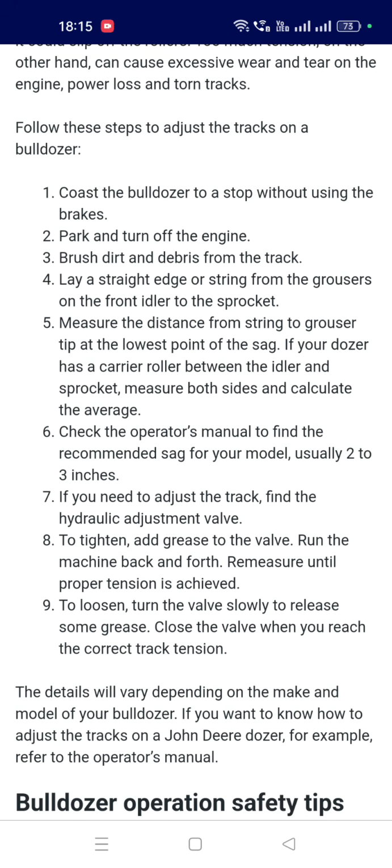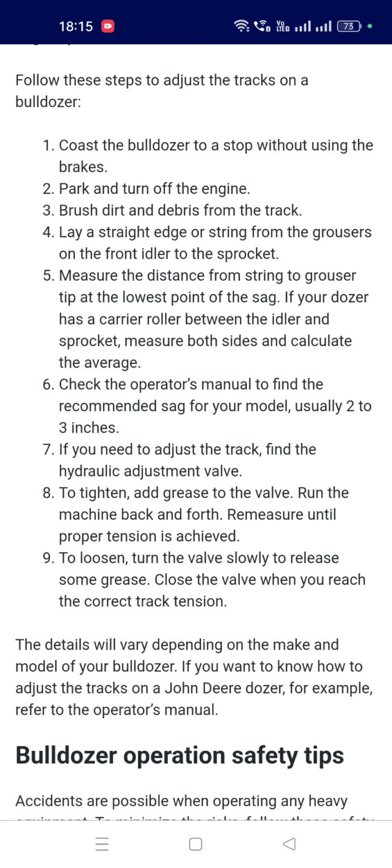Measure the distance from the string to the cruiser tip at the lowest point of the shaft. If your dozer has a carrier roller between the idler and sprocket, measure both sides and calculate the average.